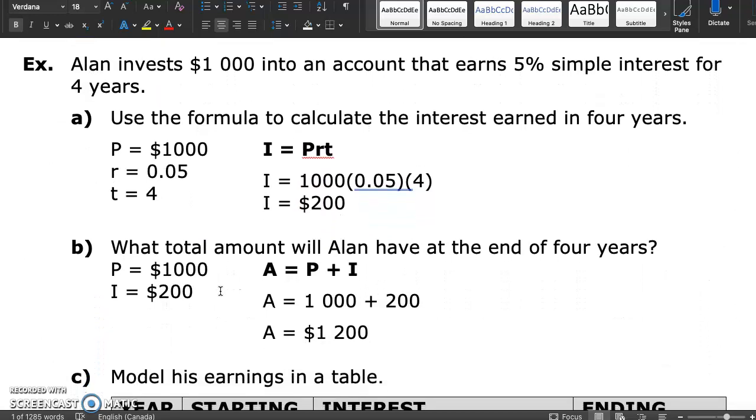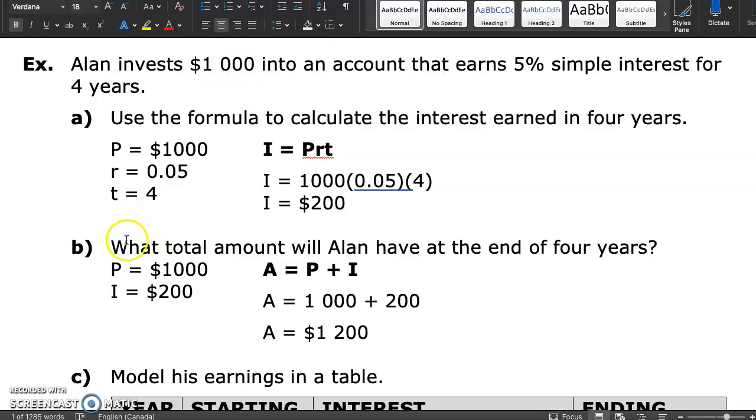So for example, Alan invests $1,000 into an account that earns 5% simple interest for 4 years. Use the formula to calculate the interest earned in 4 years. Using the GUESS method, we are given this information in the question: the principal, the rate as a decimal, and the time. The unknown is how much interest has been earned. The formula is I = PRT. Then we substitute in our given information and solve. The interest earned was $200 for 4 years of investment with $1,000 at 5% simple